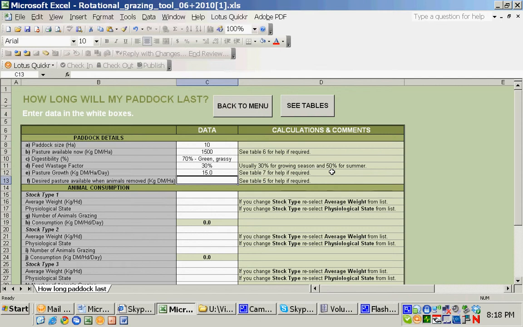Desired pasture available when the animal's removed. Let's use 1000 kilograms per hectare. Okay. So the next thing I have to do is select my stock type. So if I click on the pull down menu, I can select cows, weaner cattle, ewes and wethers or lambs. I'm going to select cows,